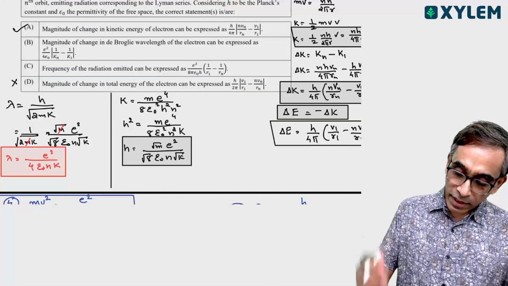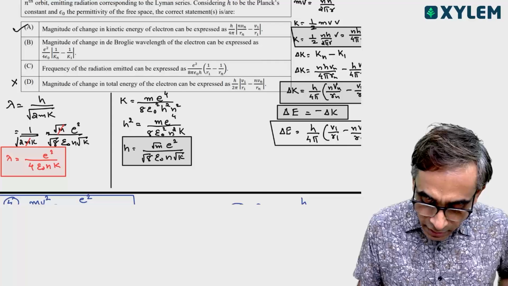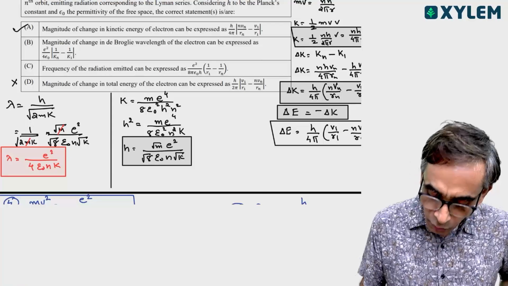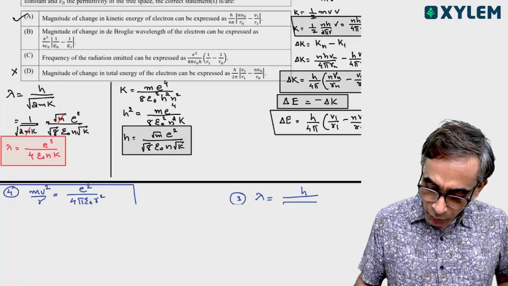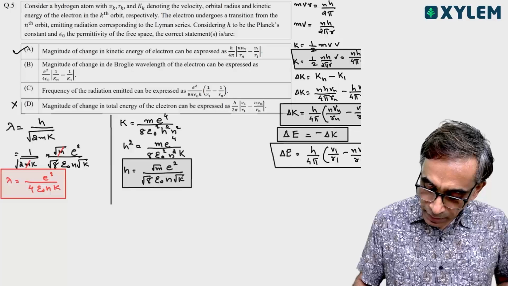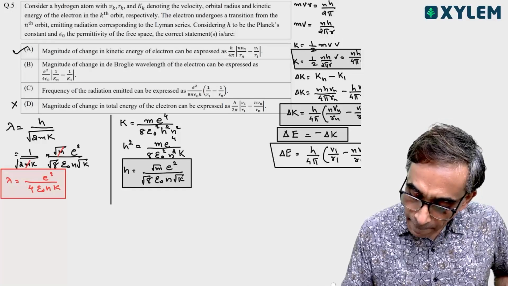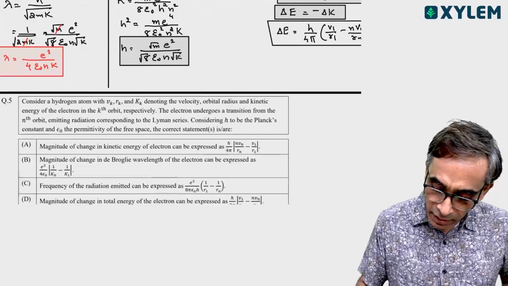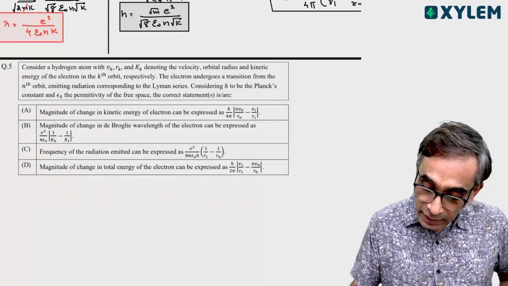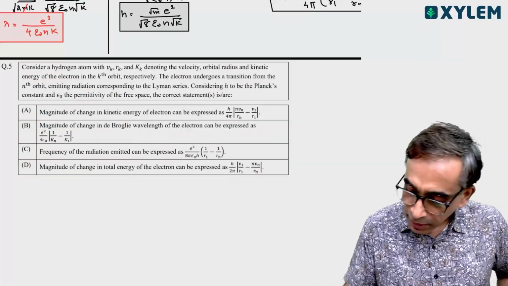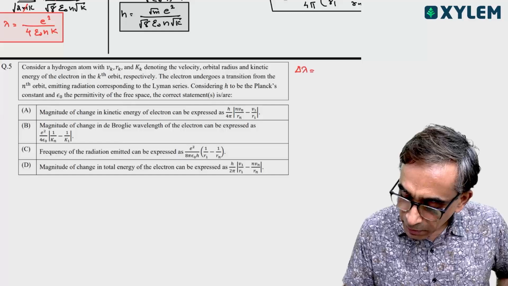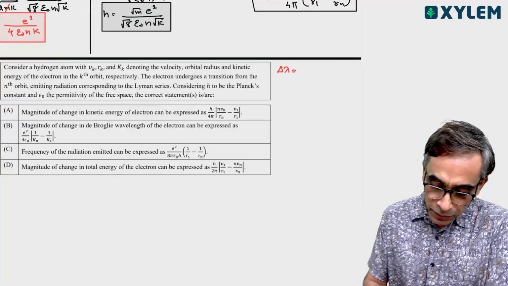Now they want the change. Again, see that change from the nth orbit to the ground orbit. So the change in de Broglie wavelength, this is the equation for delta lambda. I'm writing it here. Delta lambda equal to, see the option, e square